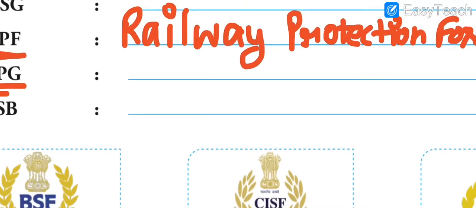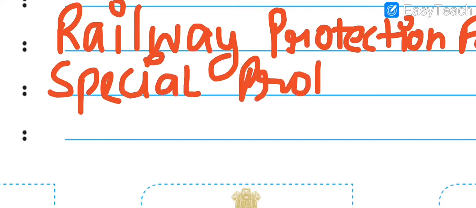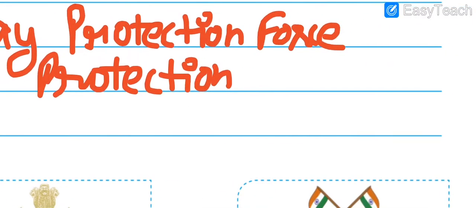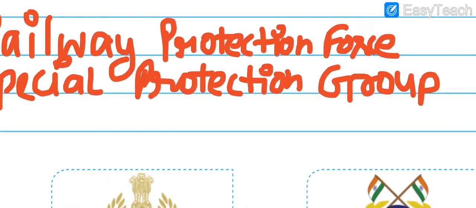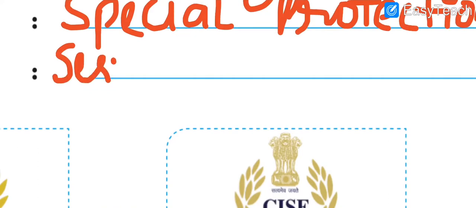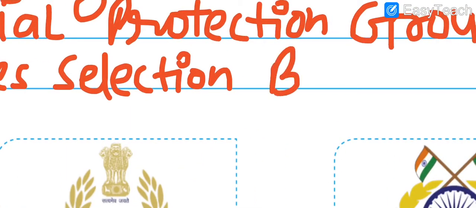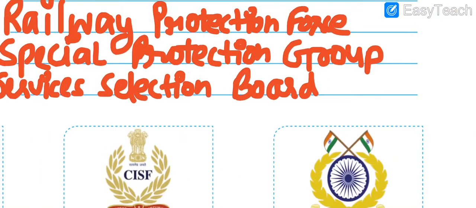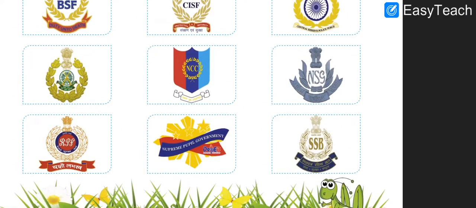Next we have SPG. SPG stands for Special Protection Group. SPG means Special Protection Group. Now next we have SSB. SSB means Services Selection Board. So these are some of the central forces who have been protecting India from all sides in all the different ways. So these were some of the important central forces. You can see their logos. So now moving ahead,